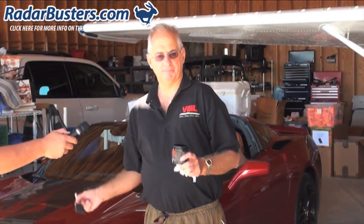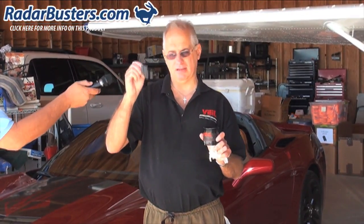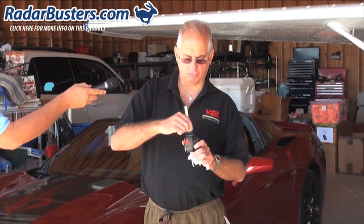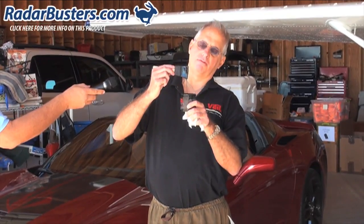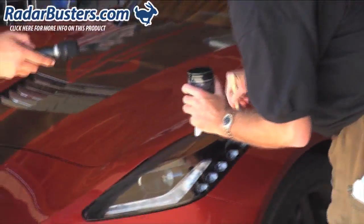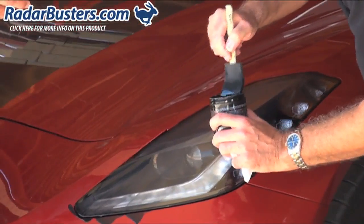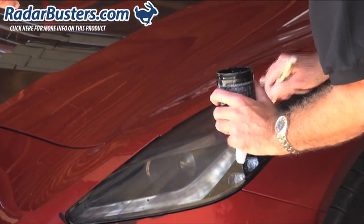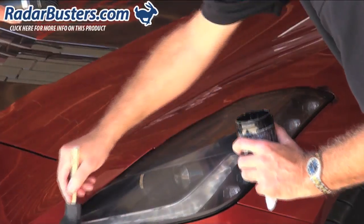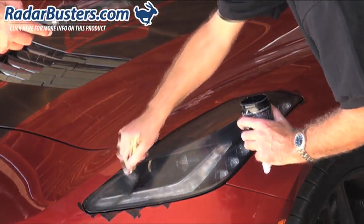Okay, now that we have the lights prepared, I'm going to take our container. We're going to take this 2-inch foam brush. It's one of the brushes that's included in the package. And I'm going to dip it here. Just move it around a little bit, swirl it around, get a little bit on here, and we're going to let it drip a little bit. And then we're going to just apply this, just like this. Now generally, the longer the light, like this is vertical, the brush strokes that I put on, they can go either horizontally or vertically. And in this case, since Ted's headlights are long and taller, I'm going to take the brush strokes and go in that direction. So you can see here,